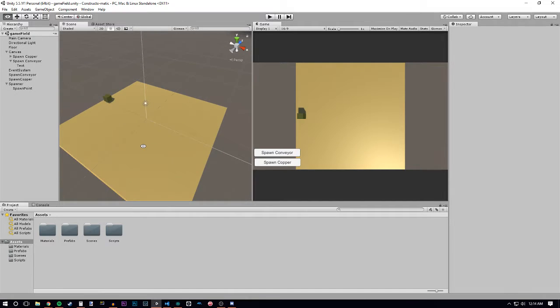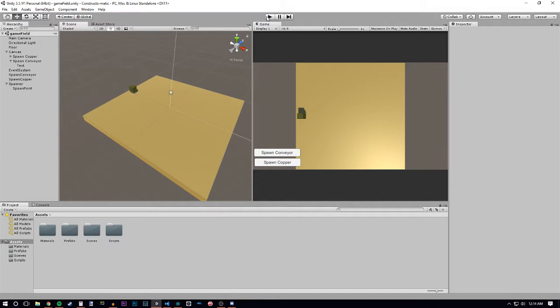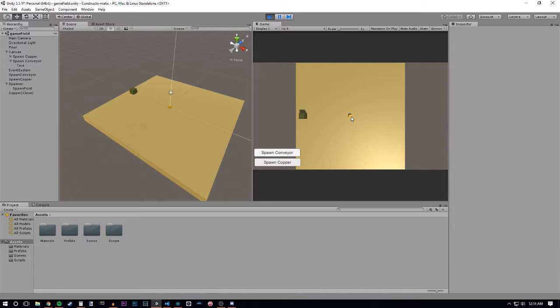So, the next other thing that I need to figure out how to do is, when I push the button, instead of spawning the object in the middle of the screen here, it will spawn it on the mouse, and then I can drag the mouse wherever I need to go. So for example, I hit spawn copper, and then it spawns it on the mouse here, and then I can click and drag it, whatever, and I place it down, and